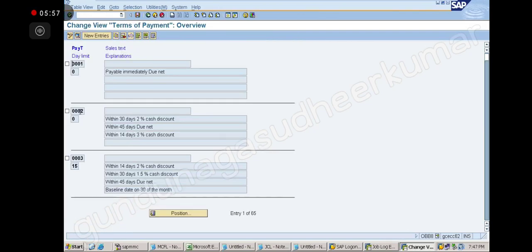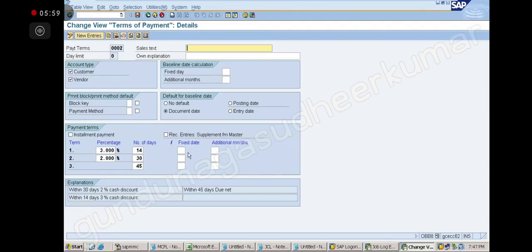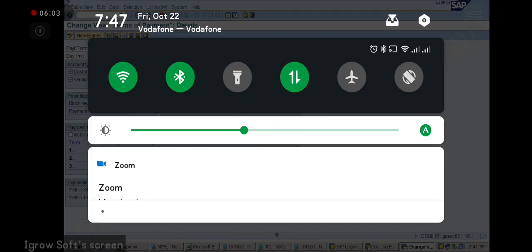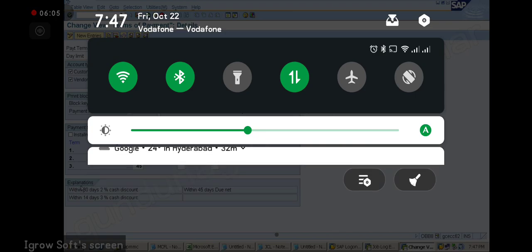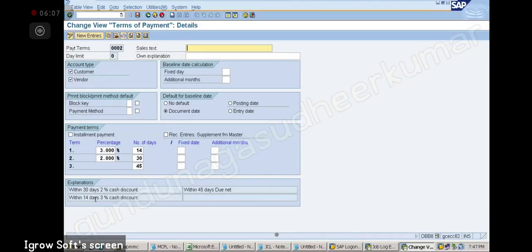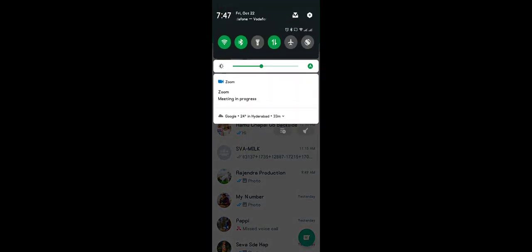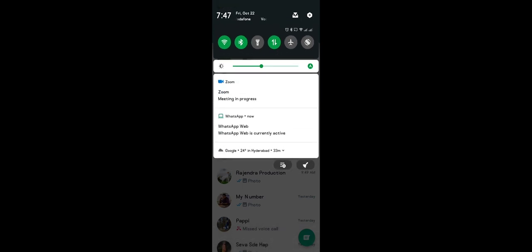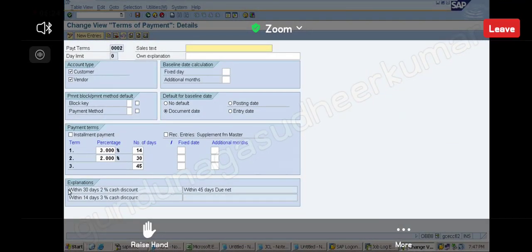Now here you have 002. You don't have to see everywhere, it will be very clear here. So what it is saying here: within 14 days, 3%. Within 30 days, 2%.